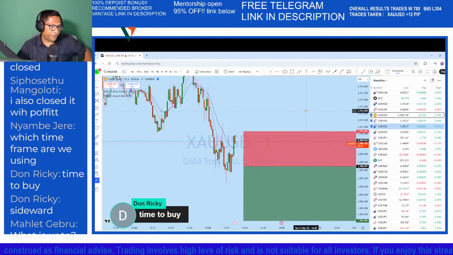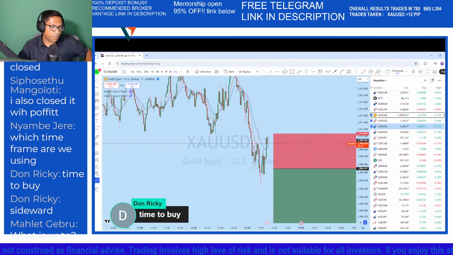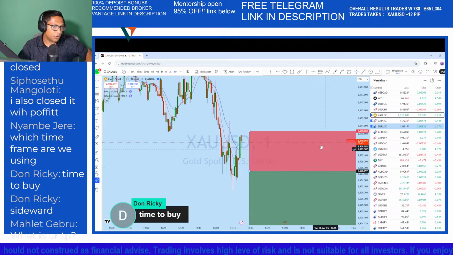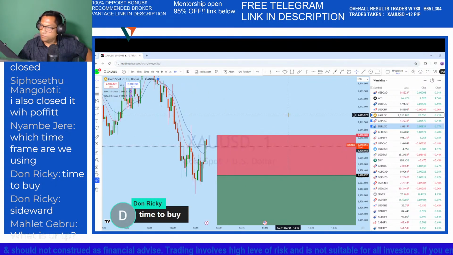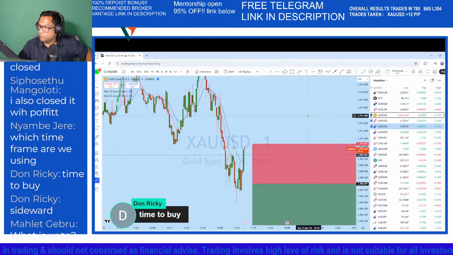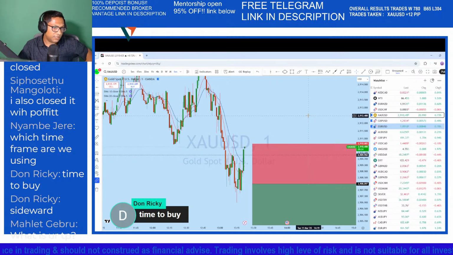Okay. So if it moved to a very crucial level, and with a gap, most likely we might see some upward pressure here, and